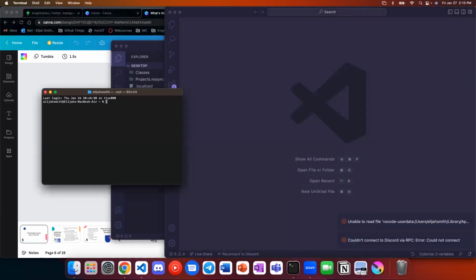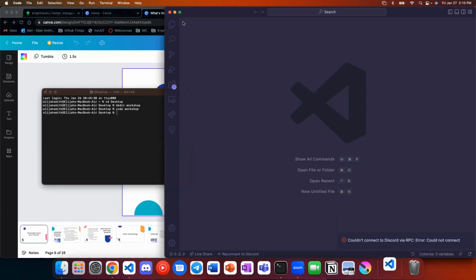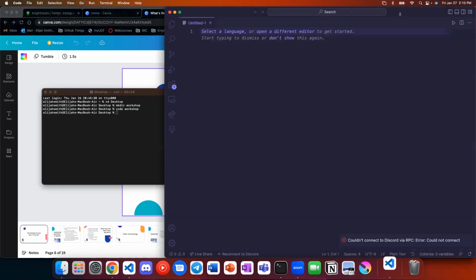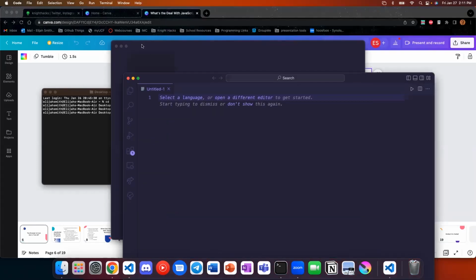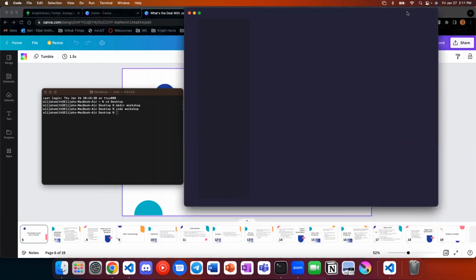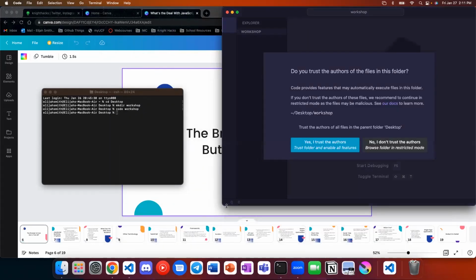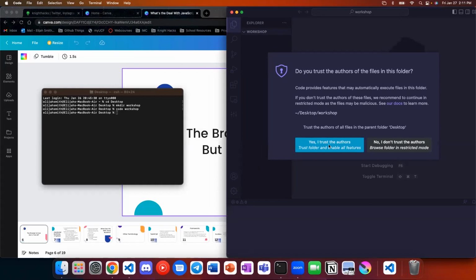I'm going to do this from the command line. All right, I'm going to create a folder and open that folder. And make sure you know where that folder is because we're going to be running this a little bit.